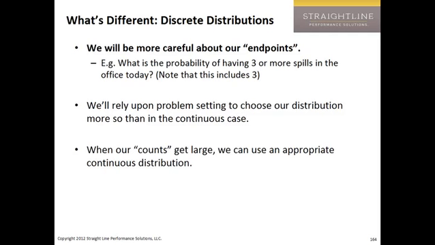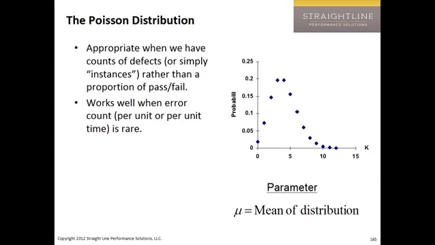The second thing I want to note is that unlike the previous one, we're going to rely much more on our intuition and our logical sense of which distribution should fit than we did in the previous case. All right, and the third thing is when our counts get large, we can use an appropriate continuous distribution. That's usually going to be the normal. Okay,